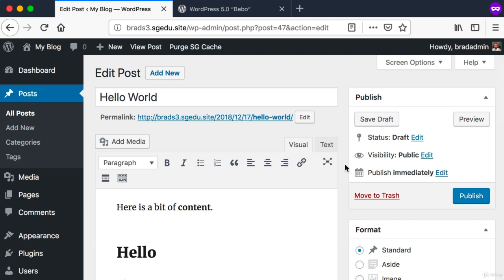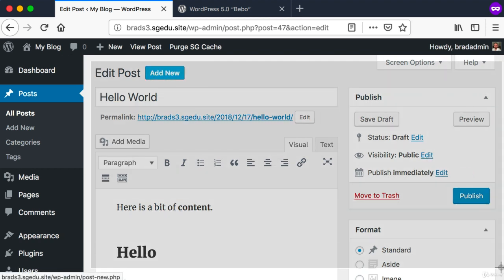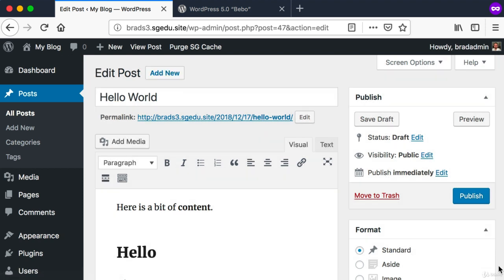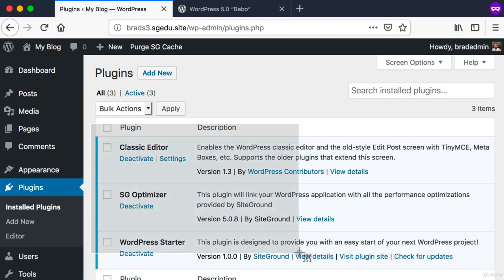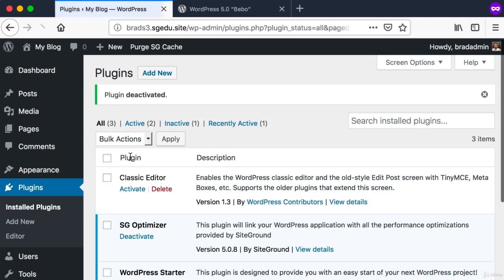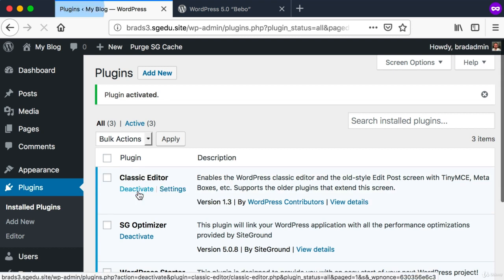With that in mind, really quick, I want to show you how you would disable the classic editor and go back to the modern editor. So in the left-hand sidebar, look for plugins again. Click on plugins. This screen shows you all of the plugins you currently have. Look for classic editor and then just click the deactivate button right below its title. Once it's deactivated, your WordPress will use the new modern editor once again. So you can just activate and deactivate and switch back and forth